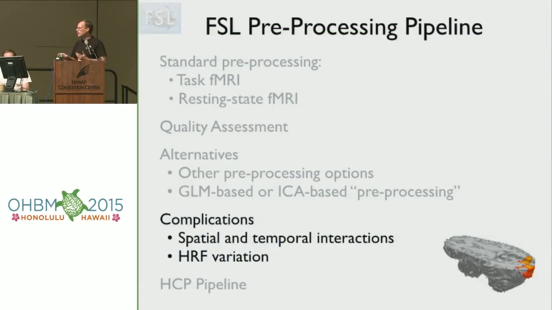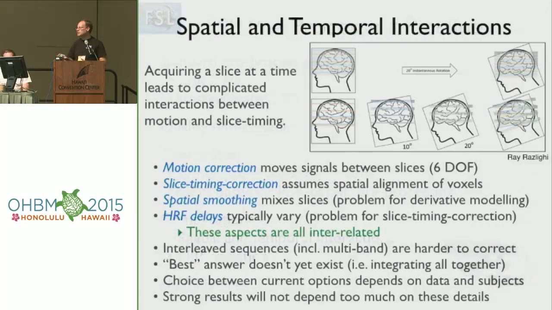Then I've got a single slide on some complications which have actually come up several times today, which is things like slice timing correction and motion correction shouldn't really be separate corrections. They're intertwined. They're inextricably trying to do the same kind of things, but they are affected in different ways. If you're moving your head and you're acquiring slices at different times, then it's not a simple separable process. And ideally, we'd like to have something which took that